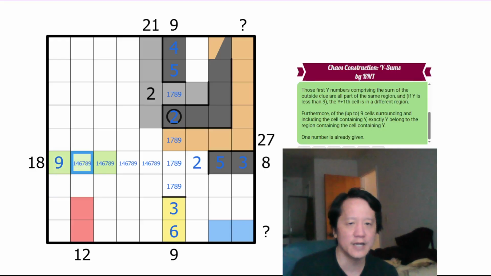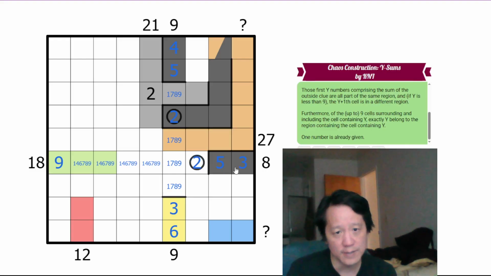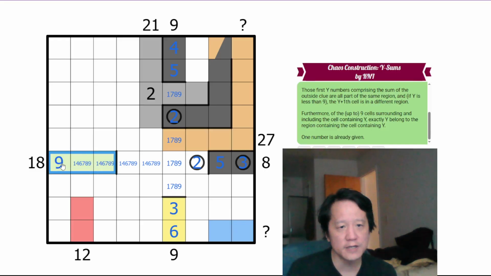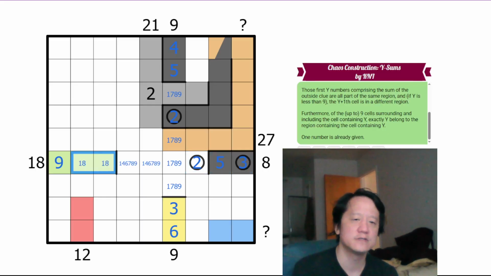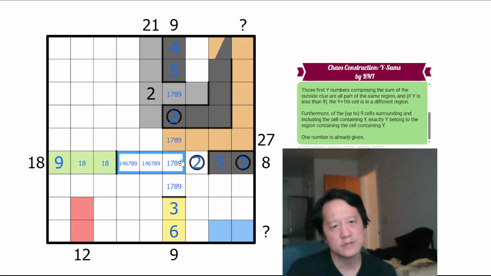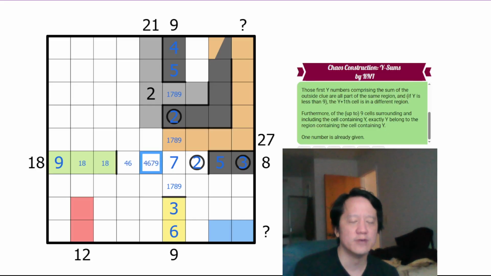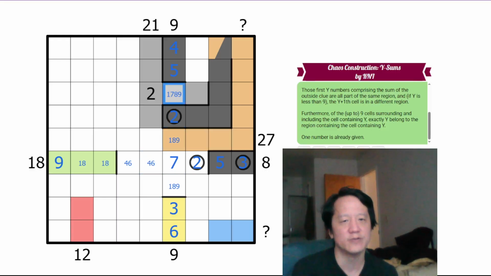So this is 9, which again gives us the same issue. Ugh. 2 digits adding up to 18 minus 9, which is 9. So cannot be 2, 7, no 3, 6, or no 4, 5 because of 2, 3, and 5 in the row. So this has to be 1, 8. And we still have the same freaking problem. So this can't be 1, 8, or 9. It has to be 7. This is so annoying. Well, I already knew that this was going to be the case anyway, so that's kind of